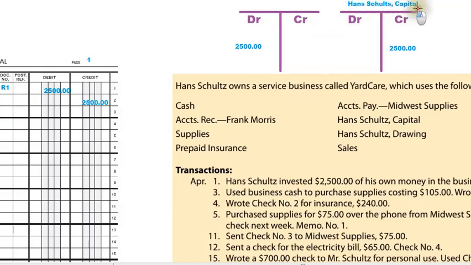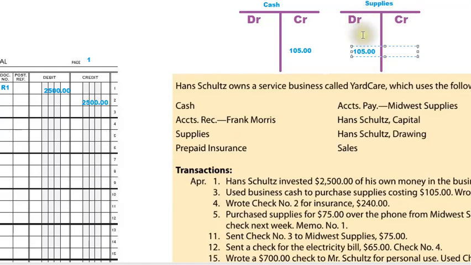And the check is written. It's check number 1. Okay, good. Here we see that use business cash to purchase supply. So we know that cash is one of the accounts, supply is another one. Supplies for the business. So in this case, cash is being spent, so cash is credited. Remember, when an asset decreases, it is said to be credited. Alright? So $105 on the credit side, cash $105 on the